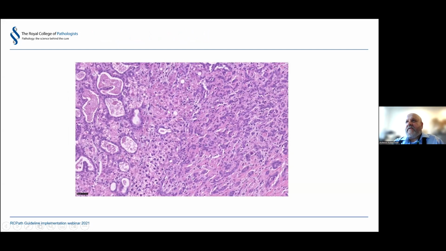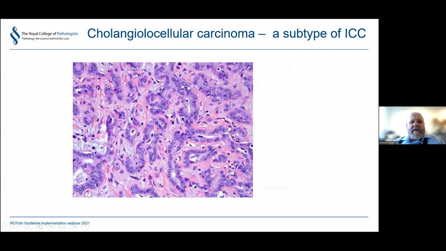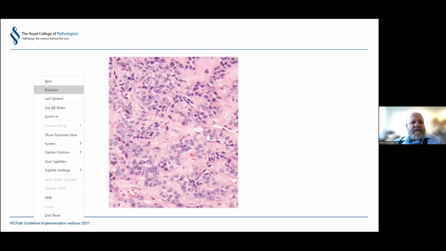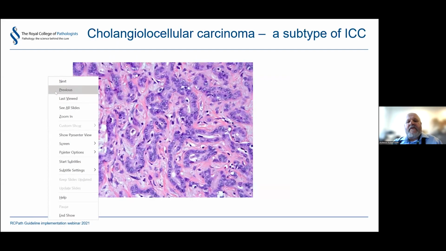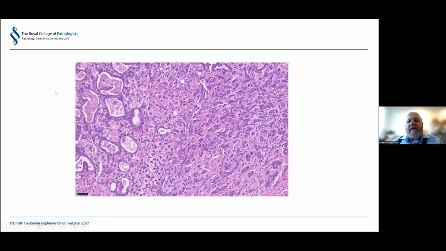This is something that we've known has existed for a very long time. There's been a focus of increased interest in recent years. I guess the most important take-home message is that this diagnosis is made on H&E. It's got to look like an HCC, it's got to look like a cholangiocarcinoma, and then you can make the diagnosis. Immuno is supportive at best, because we already said HCCs can be CK19 positive, so that doesn't make it a mixed tumor.